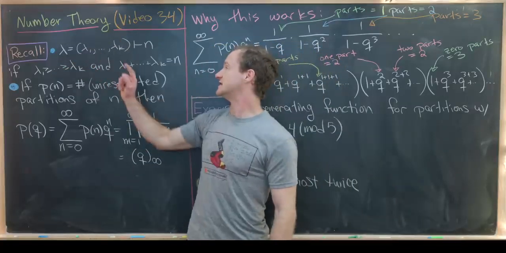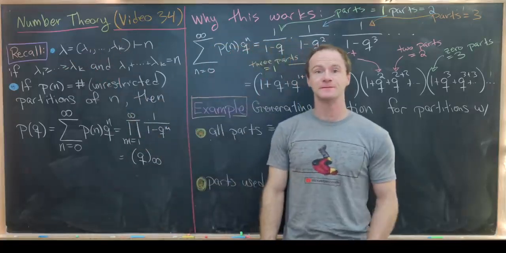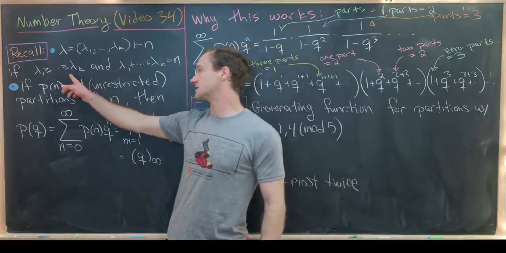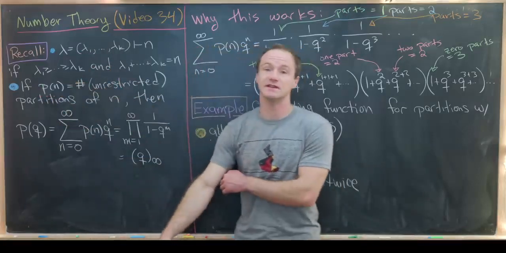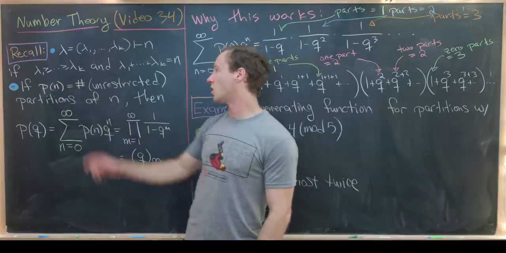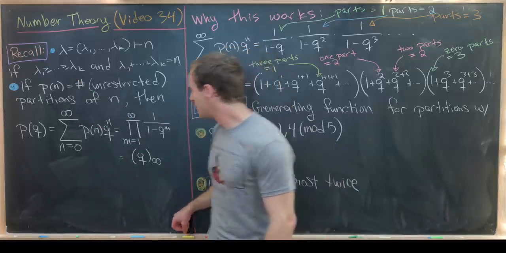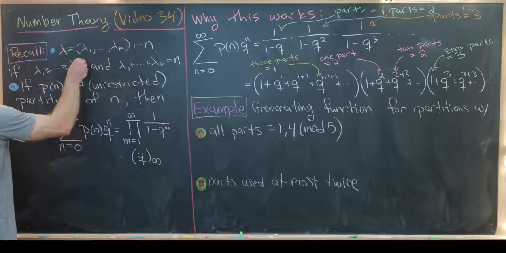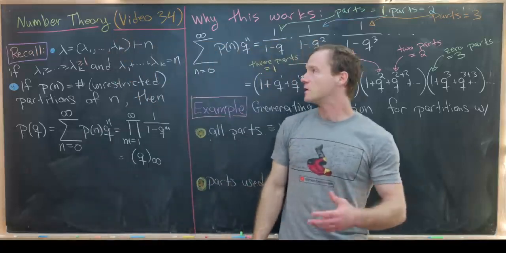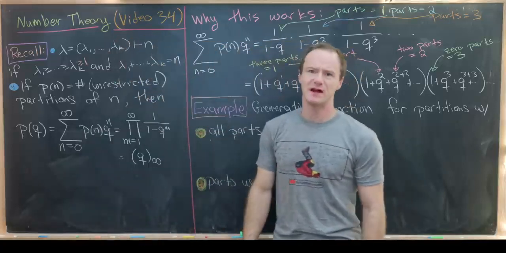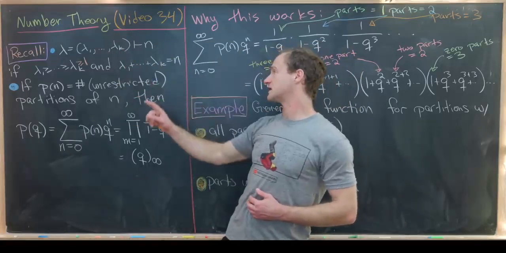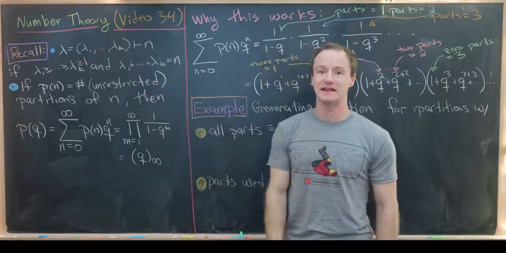This partition is said to have k parts if it satisfies 2 conditions. So it's non-increasing. In other words, lambda 1 is bigger than or equal to lambda 2, which is bigger than or equal to lambda 3, all the way down to lambda k. And I should really include here that lambda k is bigger than or equal to 1. So these parts are made up of natural numbers. And then furthermore, we have lambda 1 plus lambda 2 all the way up to lambda k is equal to